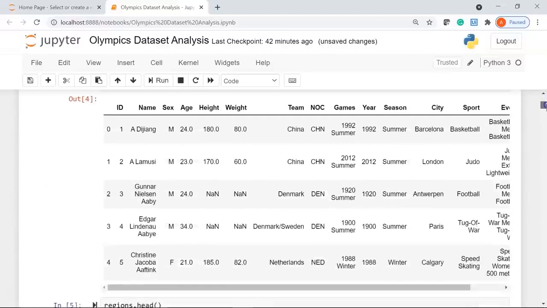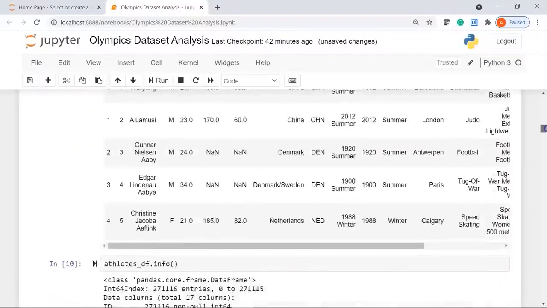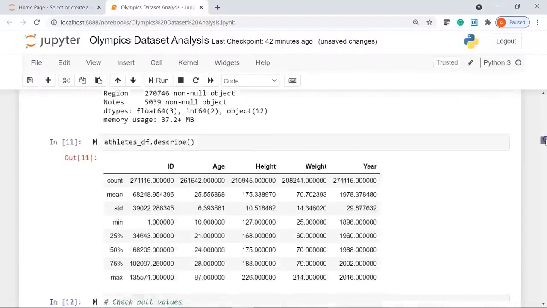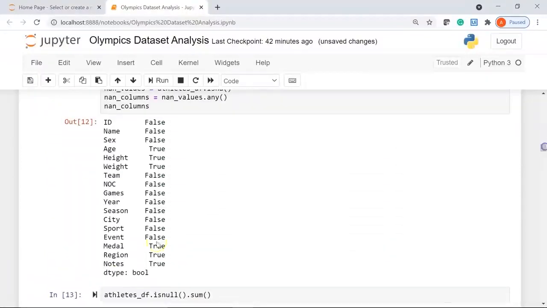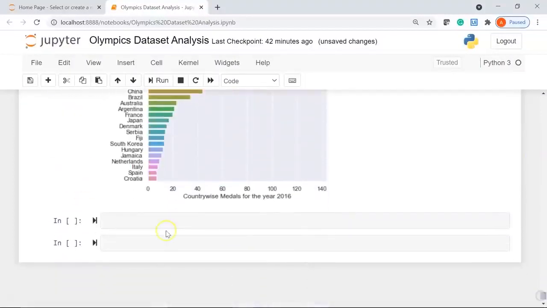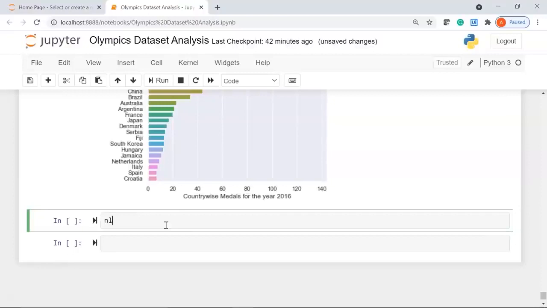Now if you had noticed here, our medals column also had a few null values. So we are not going to consider those null values here. We are only going to consider the athletes who have won a medal. So for that I'll create a variable called not_null_medals